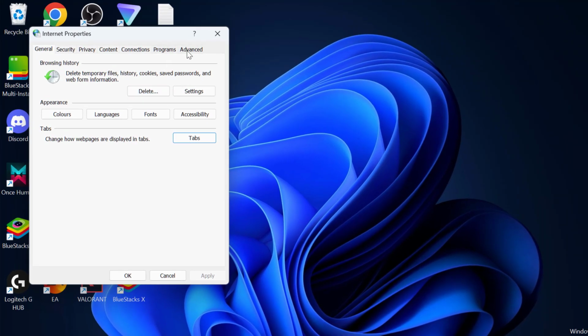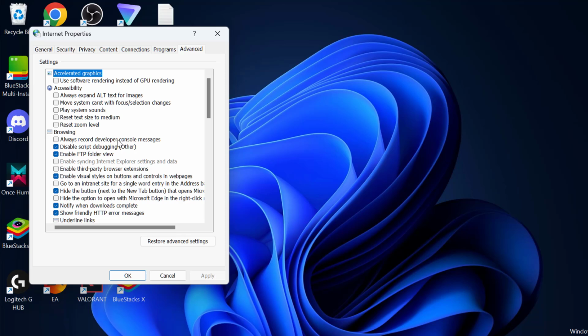Select the Advanced tab. In here you just need to find Disable script debugging. Just check mark this box and then select Apply, and now select the General tab,